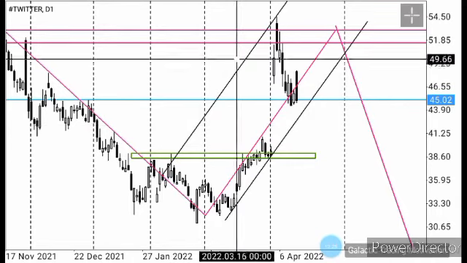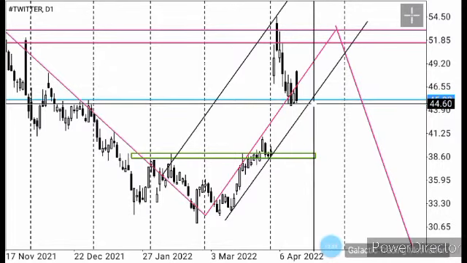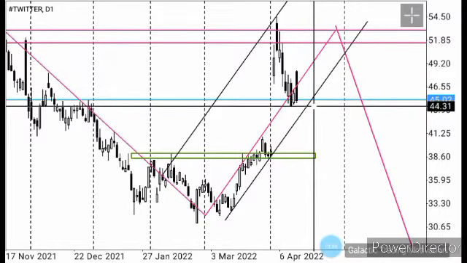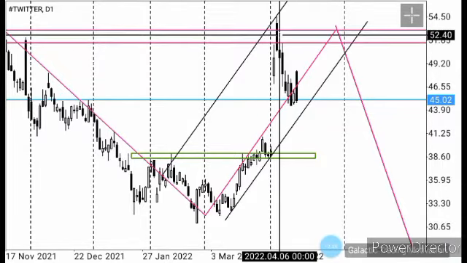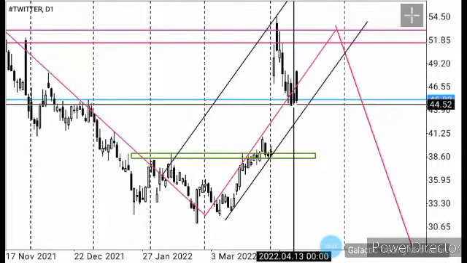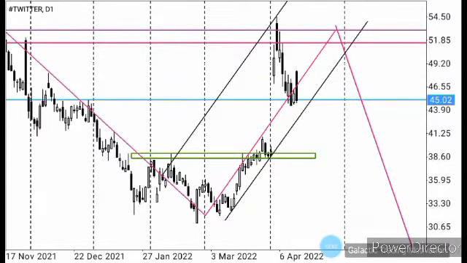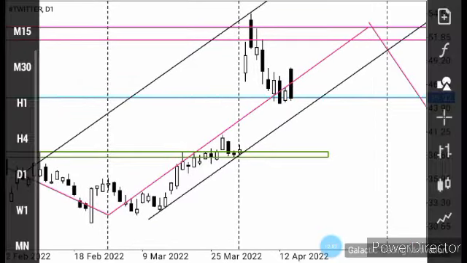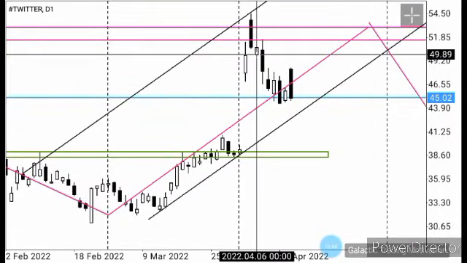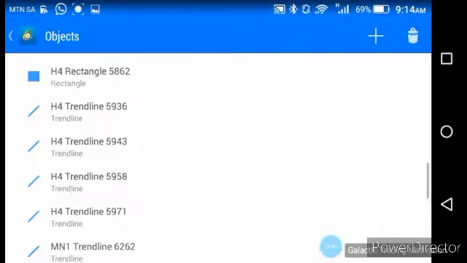I can see here that price stopped at this level, right, after testing the neckline of that large M pattern that we spoke about earlier. And what we may actually see is price may head back to this level before actually coming down. Why do I say so? It's because we have a candle here which is a bullish candle with a small body and a very long upper wick. So what this tells us is that at this level over here, I'll show you now,